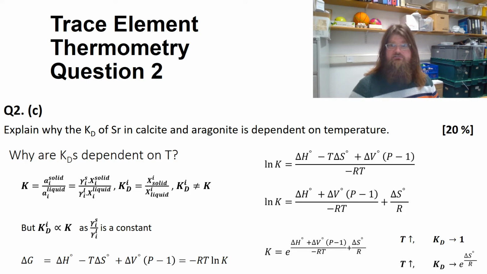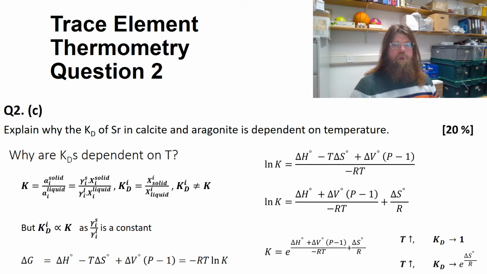So the first thing is that we can approximate KD with K. We've already addressed this in the previous part of the question, but it's worth stating again that KD is an approximation of the equilibrium